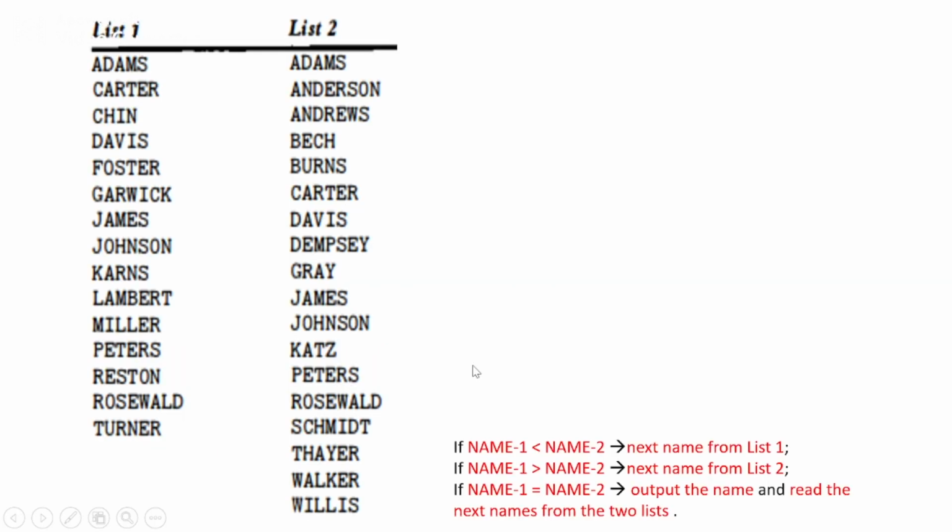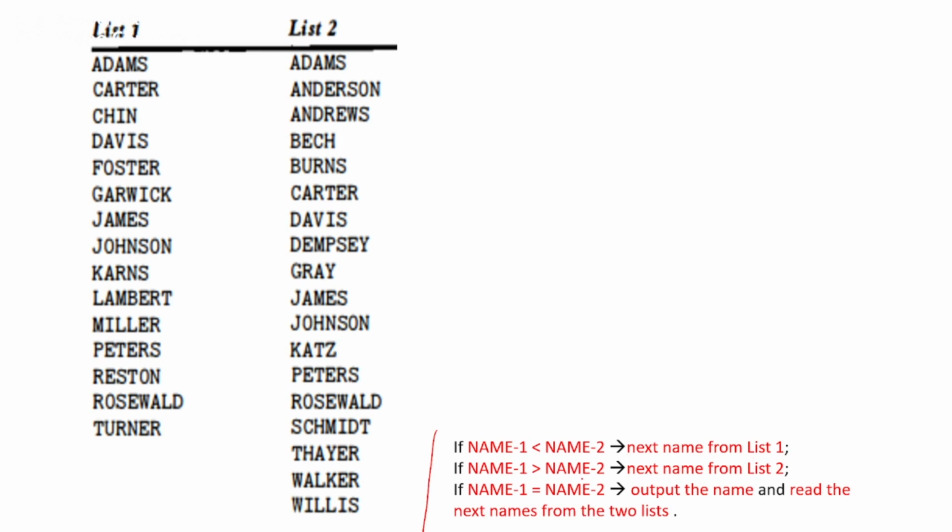Let us implement the algorithm. We will take a small problem and try to implement it. Now I have list 1 with all these names which are in list 1, and I have list 2 with all these names which are in list 2. This is my algorithm. If name 1 is less than name 2, next name from list 1.